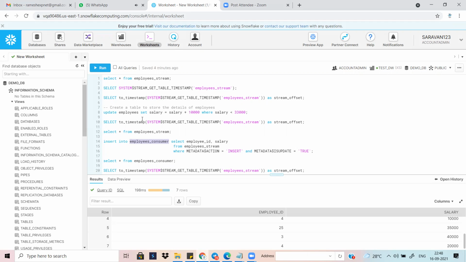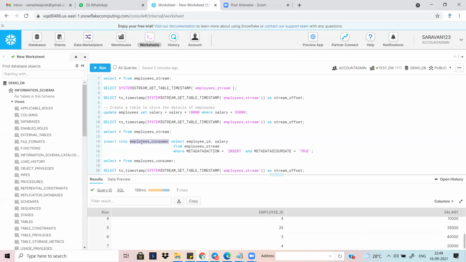Initially we moved the 5 records. In employee consumer, initially we inserted 5 records using the insert operation.